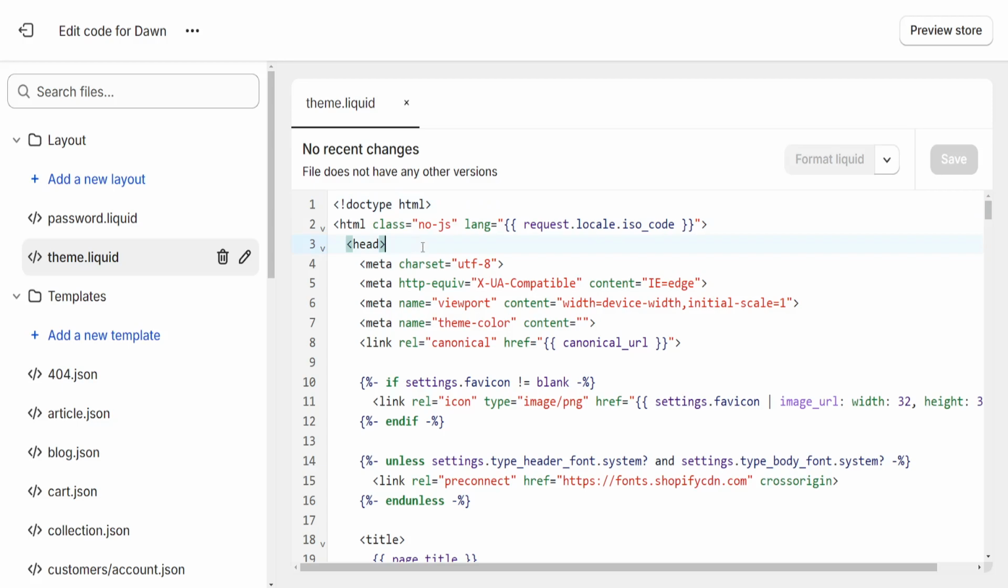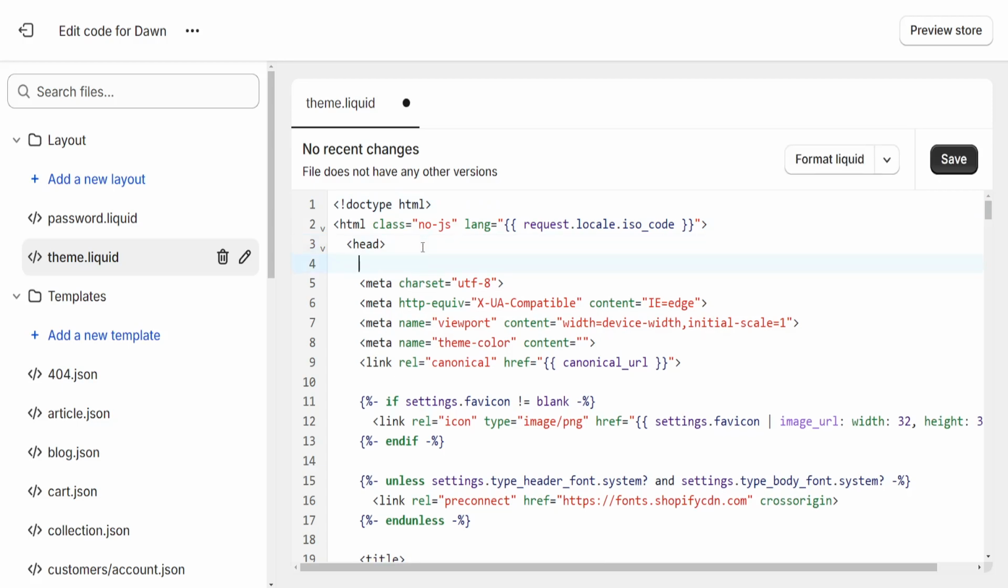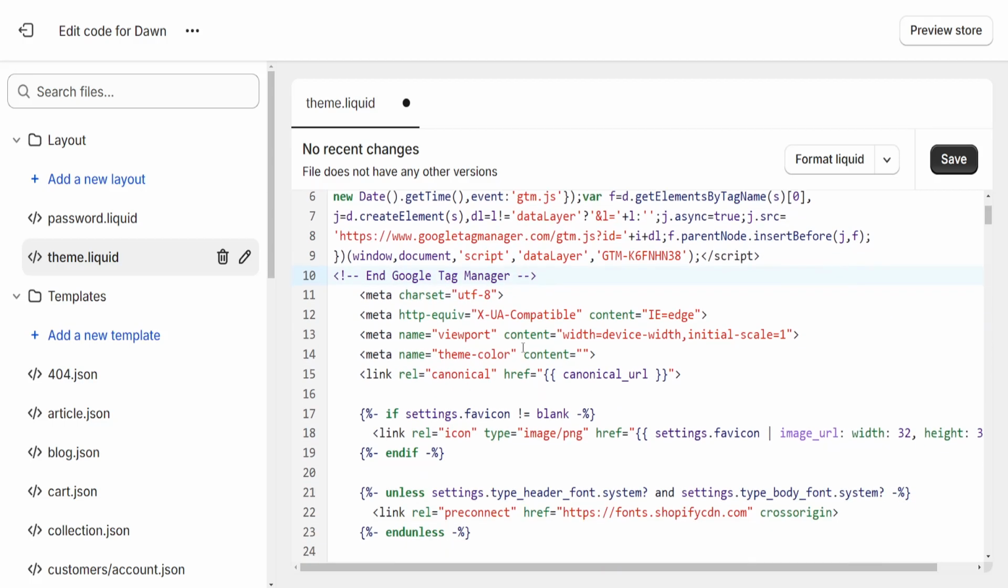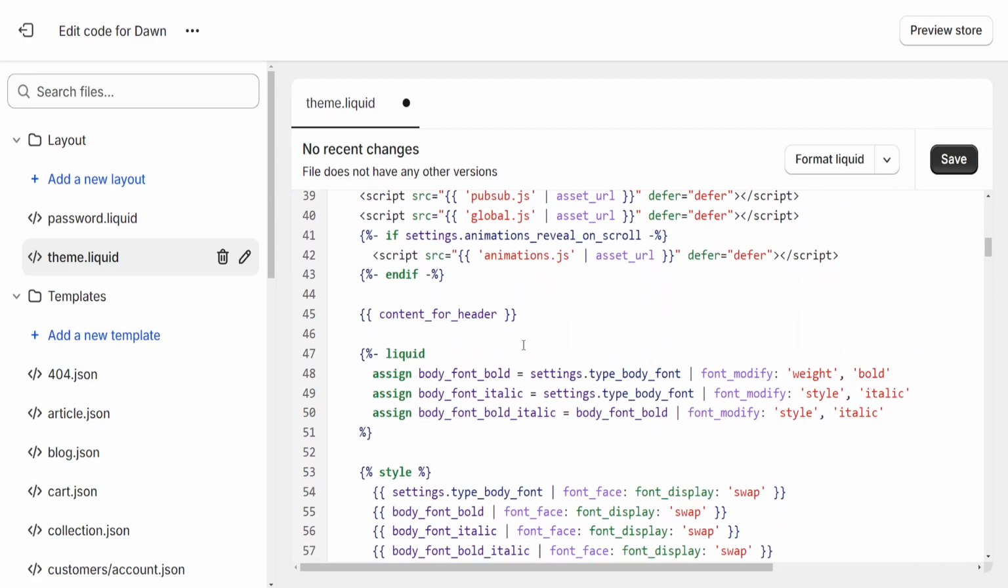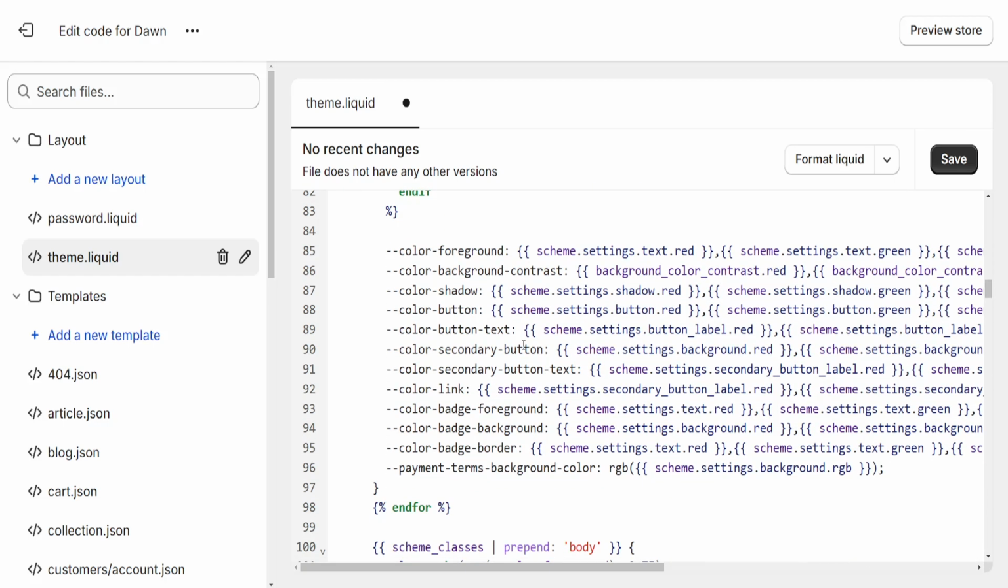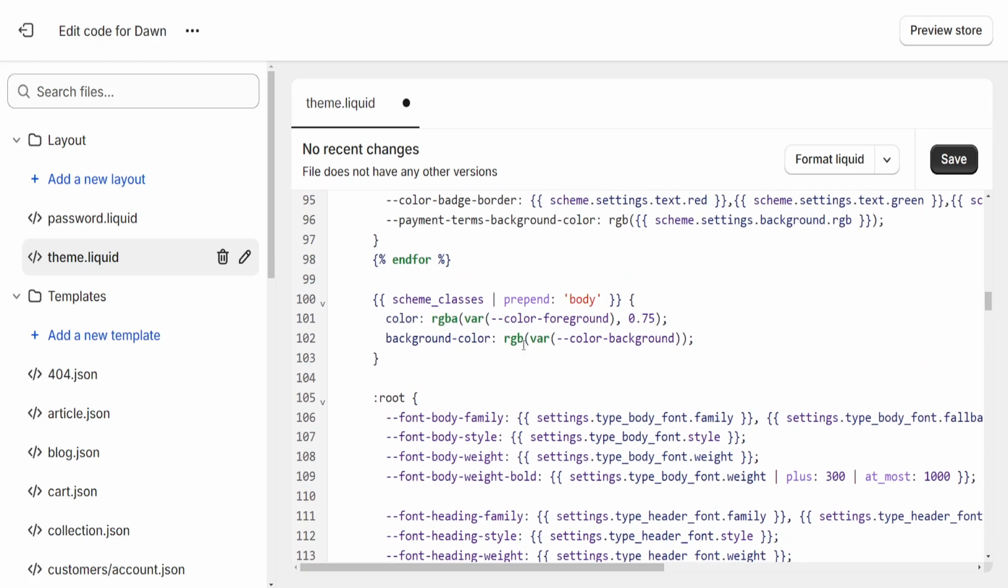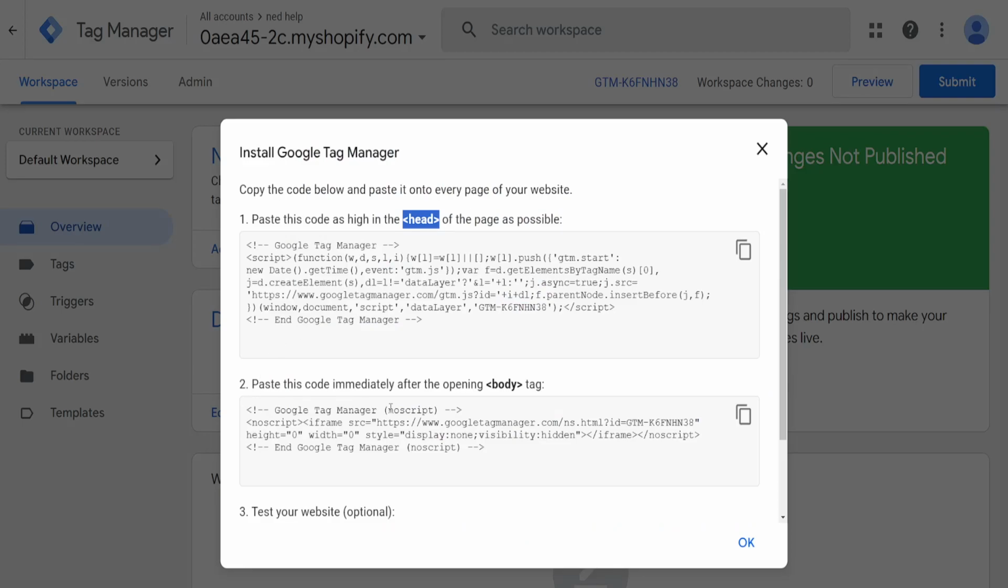So we just want to go after head, press enter, and we want to paste the code. Right click and paste this code here. So this was the first step, and now we need to copy the other code as well here for the